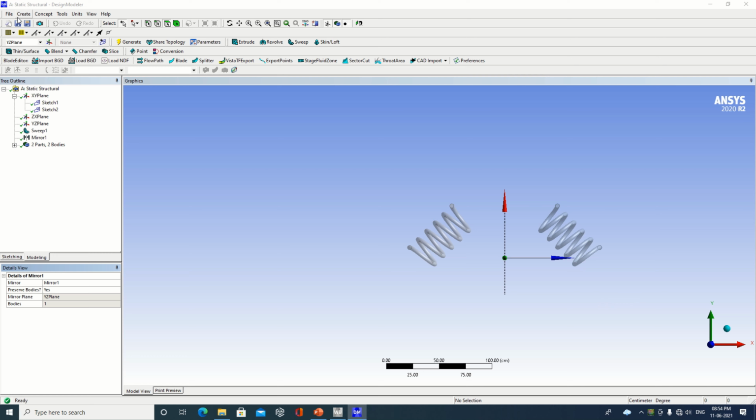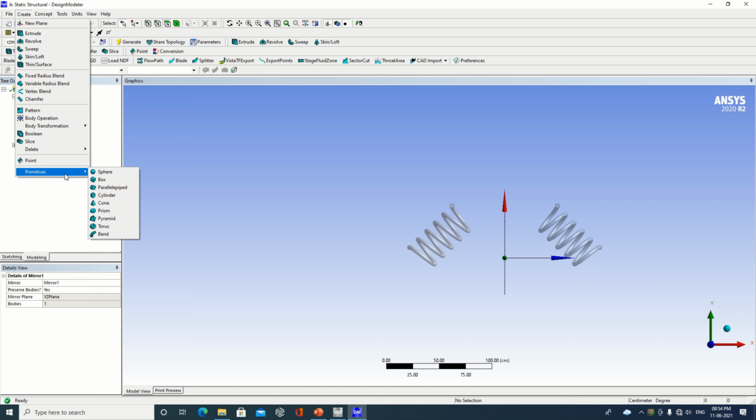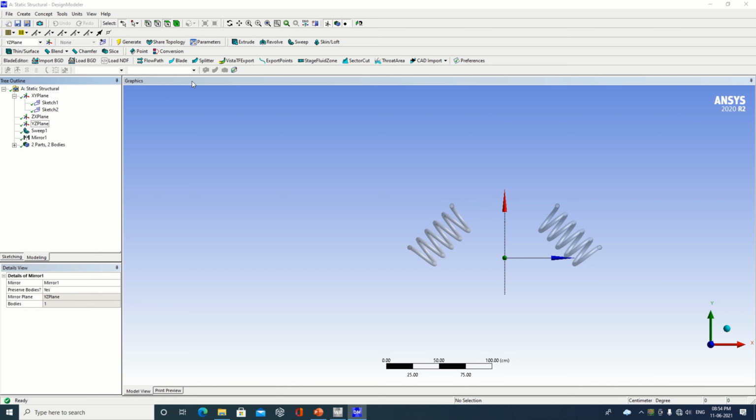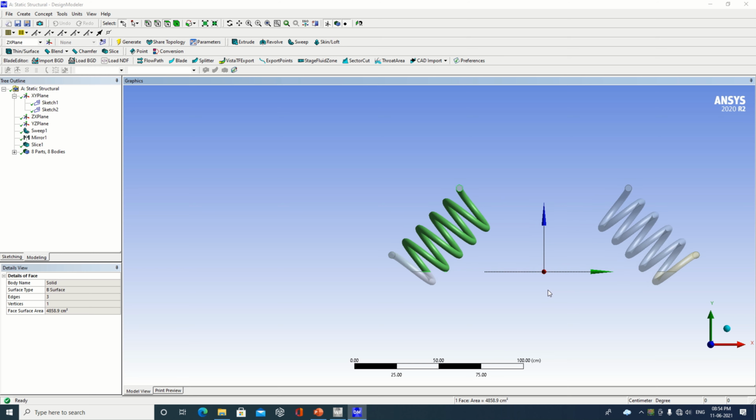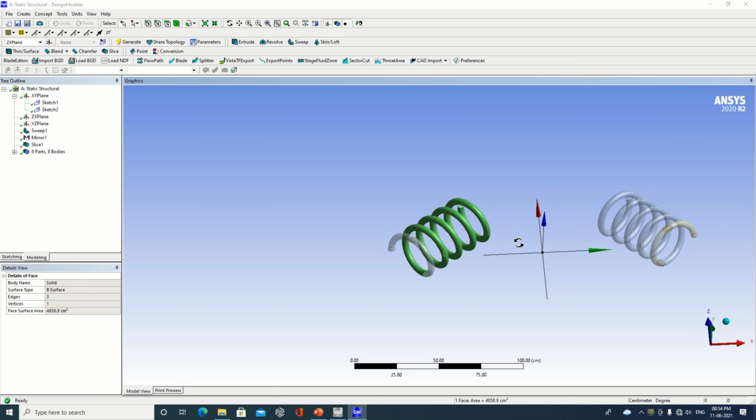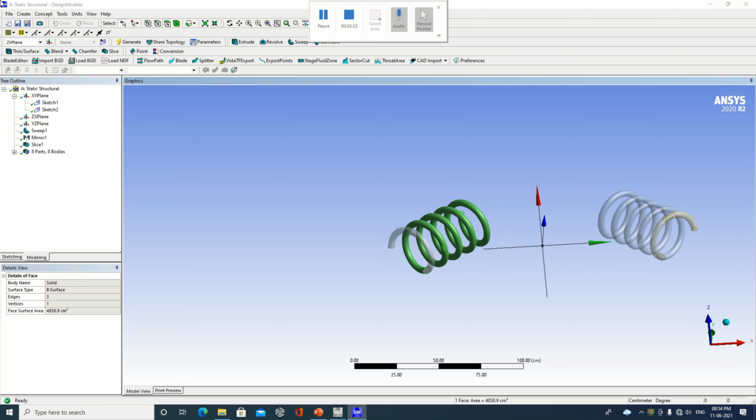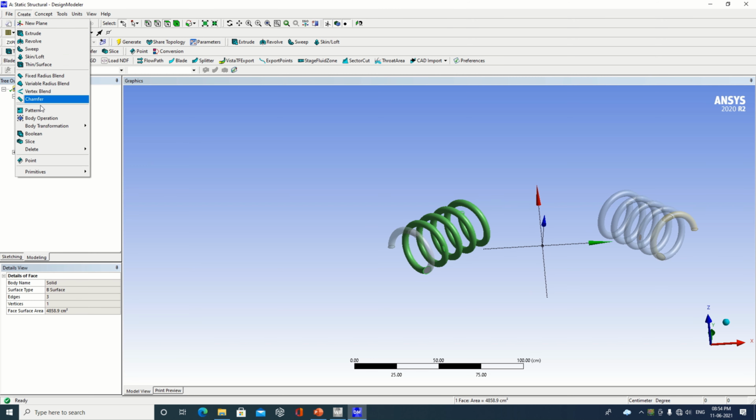Now the thing is you have to create, okay, you can slice the object first over here. Slice the object with respect to ZX. Select ZX, slice the object. Now you can see the object has been sliced, or divided into a few parts. Now whatever point of intersection we have, make this a unite body.